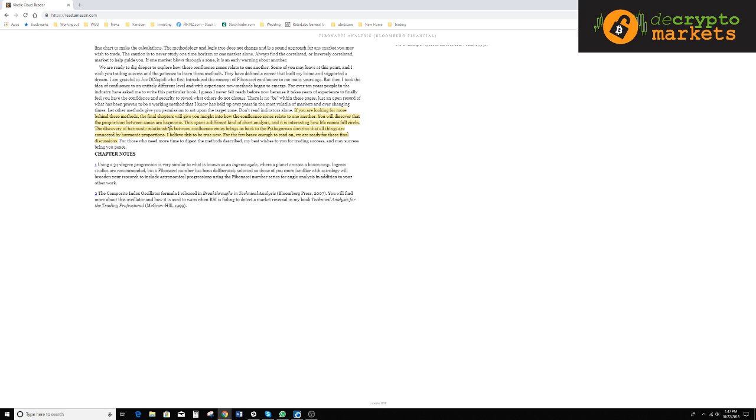That's going back to arithmetic ratios, geometric ratios, and harmonic ratios. This opens up a different kind of chart analysis, and it's interesting how life comes full circle. The discovery of harmonic relationships between confluent zones brings us back to the Pythagorean doctrine that all things are connected by harmonic proportions. I believe this to be true now. For the few brave enough to read on, we are ready for those final discussions. For those who need more time to digest the methods described,